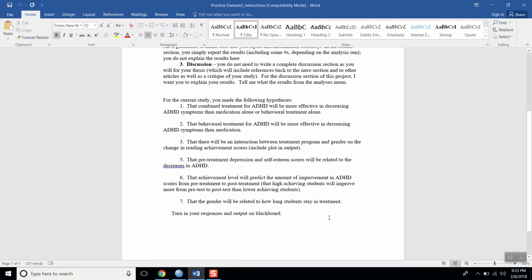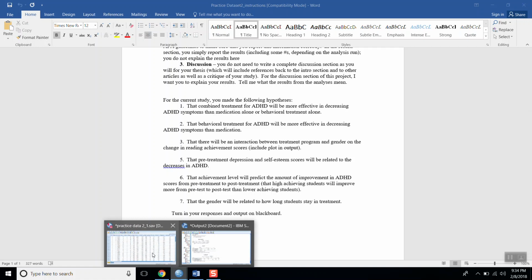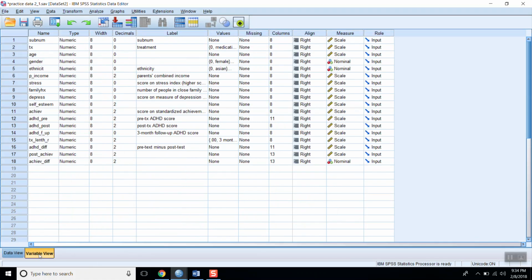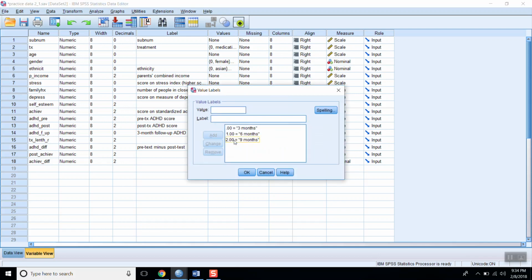Okay, and how about our last one? This one is a new one. I haven't shown you this one yet. That's why you're having trouble figuring it out, maybe? Okay, so first thought is probably that it's a correlation, but how do we know it can't be a correlation? Because you can't do categorical. Gender's a categorical, and let's look at treatment. Is treatment continuous or categorical? Well, it depends how you measure it. How did we measure? We measured treatment length in categories. They were either in treatment for 3 months, 6 months, or 9 months. So that's a category.